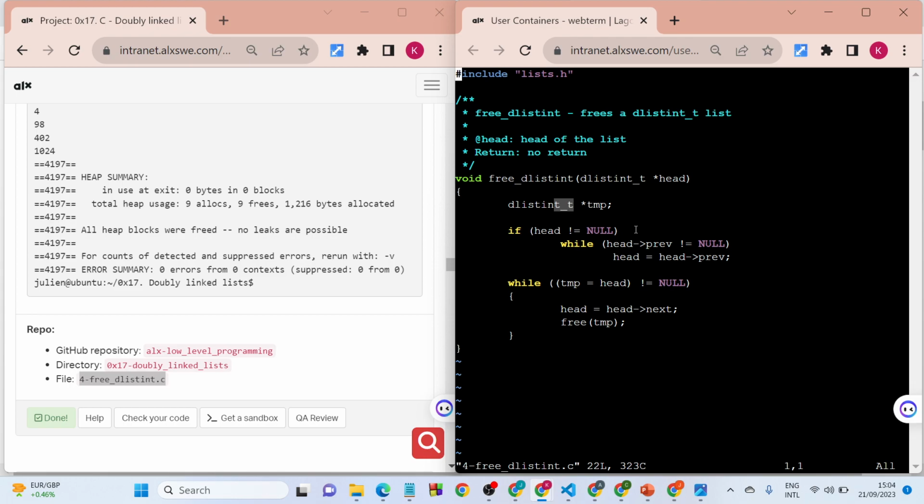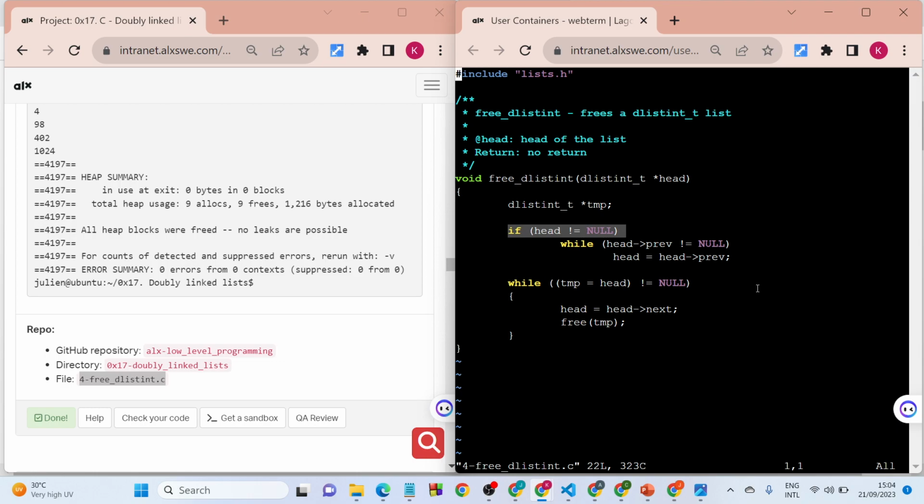So we start with a conditional statement. If head is not null, it checks that the head pointer is not null, which ensures that the list is not empty. So if the head, which is the first node, is not null, that means it's not empty. Then we use a while loop,